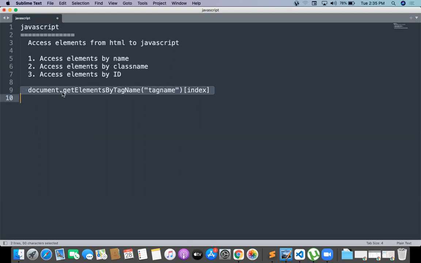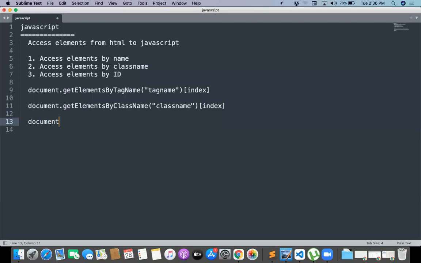And one more is document dot getElementsByClassName, and here the class name should be mentioned and the index as usual. And the third one, document dot getElementById, and the ID name we need to mention. So this is the way actually.